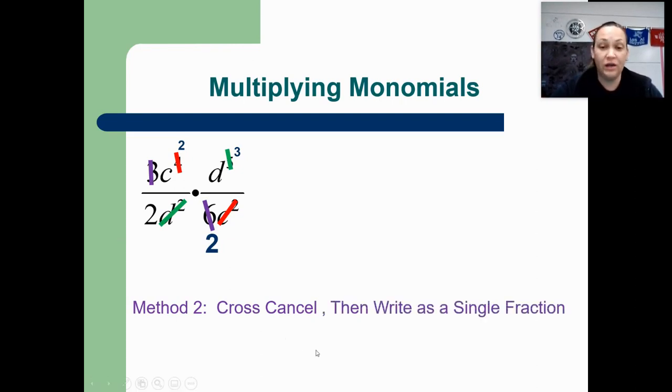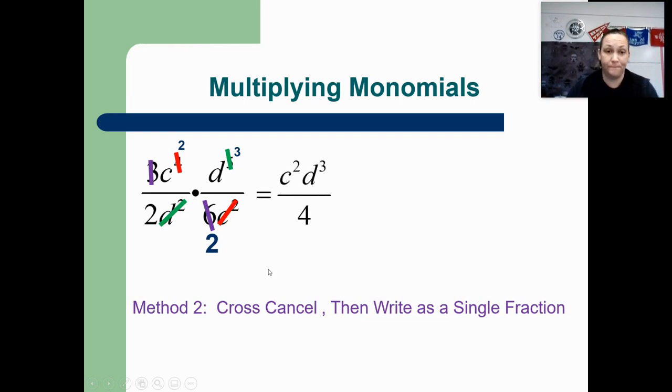Once you're all done, you're going to take whatever is left over, whatever was not crossed off, and write it together as a single fraction. So the important thing about these multiplying problems is that when you're done, everything goes together as one fraction. And so you need to identify everything that's left over on the top, anything that did not get canceled out, and then anything that did not get canceled out on the bottom. So on the top, I have a C to the second and a D to the third. And then on the bottom, I have two number twos. Now, since this is multiplying, I am going to multiply the two number twos together,